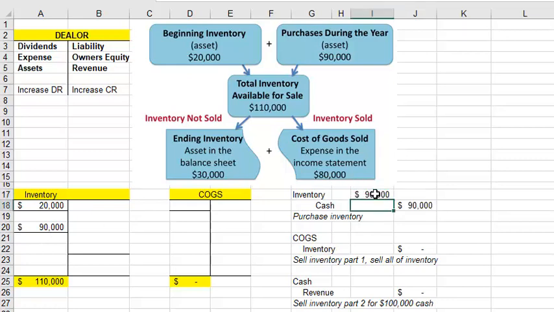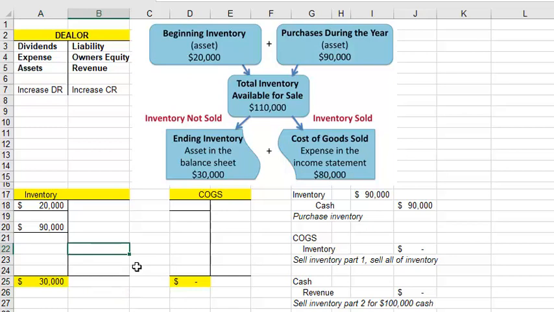Let's assume that we paid cash. So we would pay cash to our supplier of $90,000. Now we're seeing, just as we see up here, we've already discussed this in our T account, the $110,000 as our total inventory available for sale. Now what we're going to see is the ending inventory is going to be $30,000. In this case, let's assume that we count at the end of the year and we have $30,000 in our